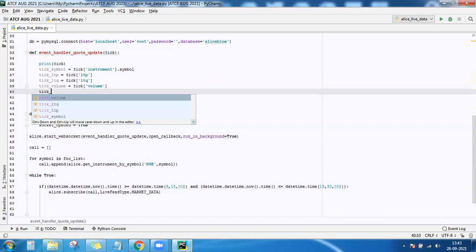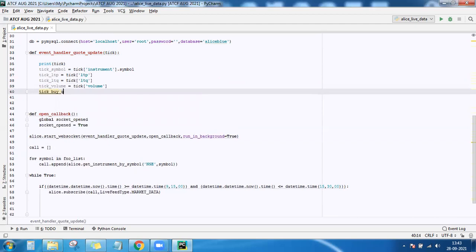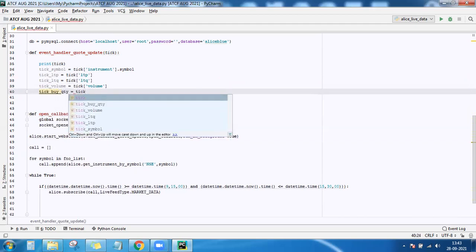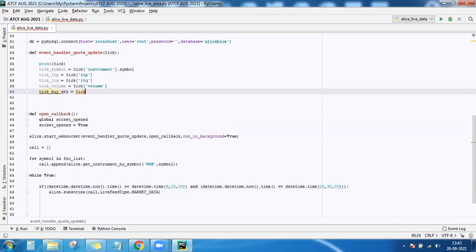The buy quantity and the sell quantity. So this buy quantity and sell quantity are the total number of pending orders that are there. If you open the market depth, below the 5 best bids and 5 best selling offers, it will display how many total buy quantities and total sell quantities are pending.